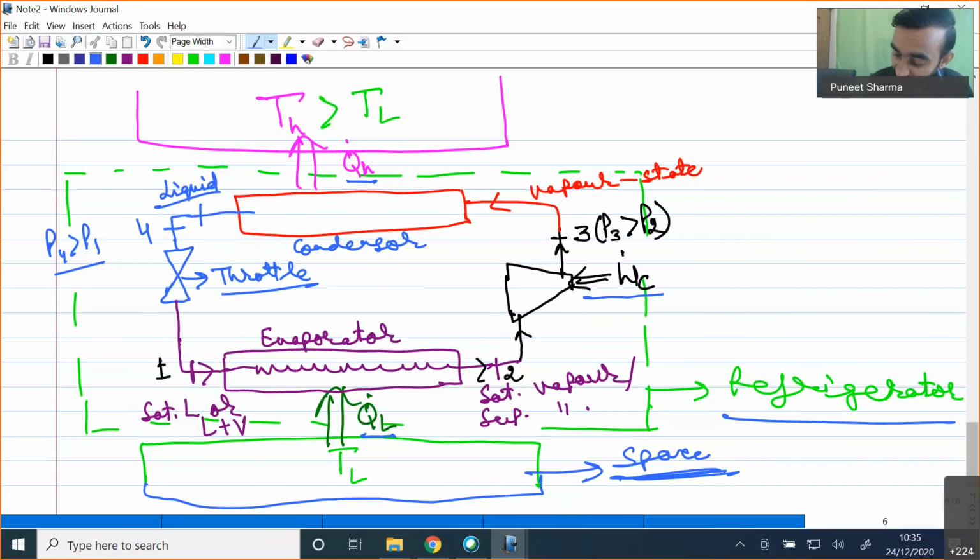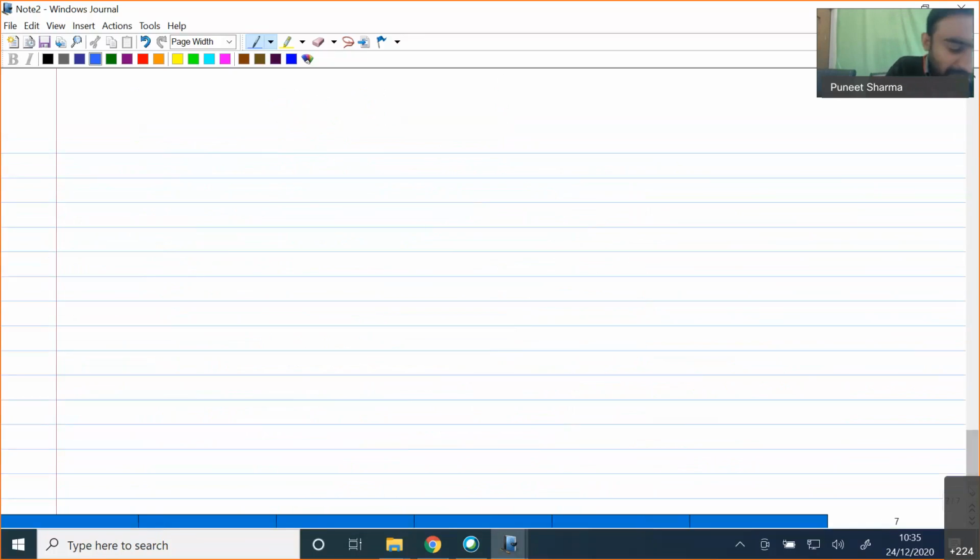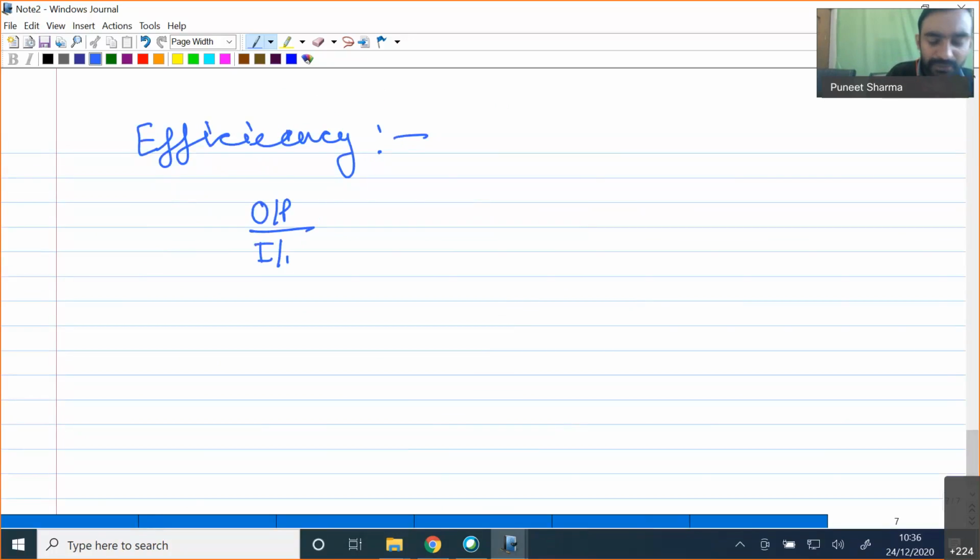Okay, so now, like I have defined the efficiency of a heat engine, in the same way I have to also define the efficiency for a refrigerator. If I talk about the refrigerator efficiency, I have already told you that efficiency is nothing but desired output divided by whatever amount of input we are supplying to achieve that desired output. So in case of a refrigerator, what we are having is